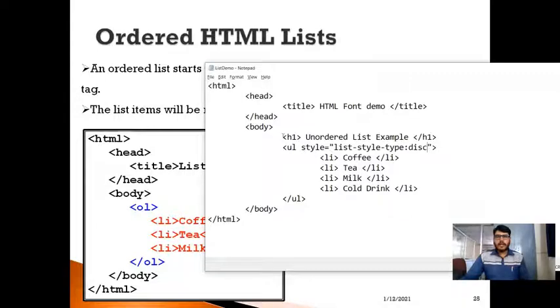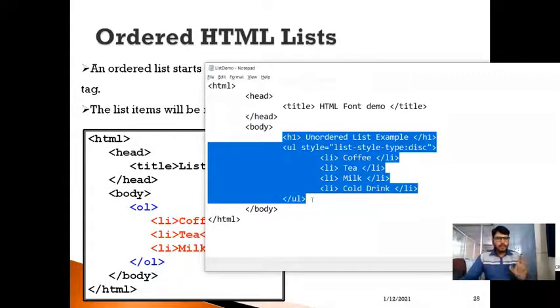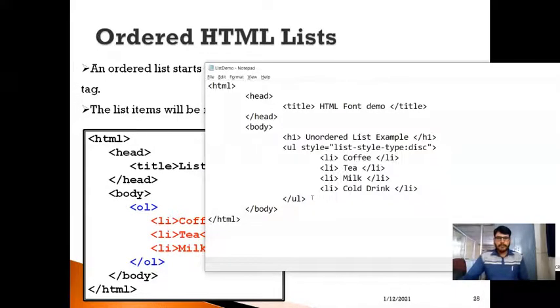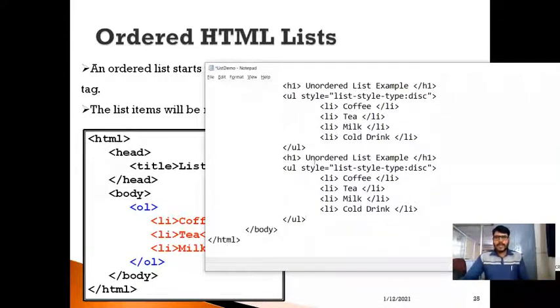So this is all about the unordered list. Now I'm going to copy this same code, and after the UL tag, I'm going to paste it once again. Here, instead of unordered list, I'm going to use ordered list example. So I remove this, and instead of UL, I specify OL.